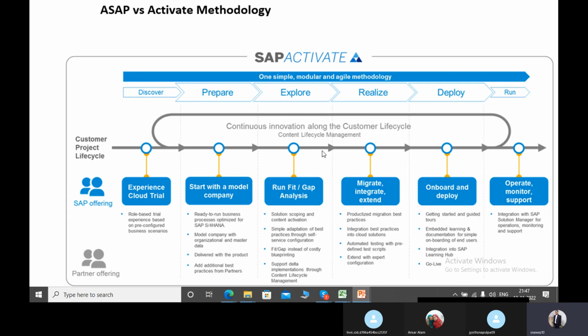And that business blueprint, prepared by you, your client will verify and validate, and if he makes any suggestion, I will ask you to make the correction, and finally you will deliver and take the sign off from the client. And once you receive the sign off on that particular BBP, then you have to start developing or configuring in the realize phase,